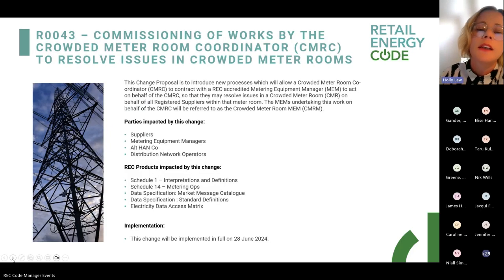So the first one, R43, and this is commissioning of works by the Crowded Meter Room Coordinator, or CMRC, to resolve issues in crowded meter rooms. So this change proposal will introduce new processes, and they will allow a Crowded Meter Room Coordinator to contract with REC accredited metering equipment managers, or MEMs, to act on behalf of that CMRC so that they may resolve issues within a crowded meter room on behalf of all registered suppliers within that meter room. The MEMs undertaking that work on behalf of the CMRC will be referred to as the Crowded Meter Room MEM,